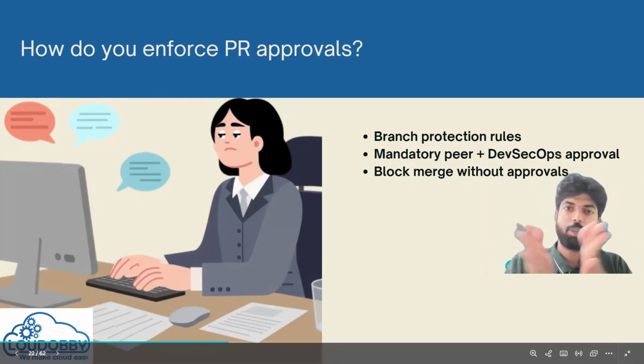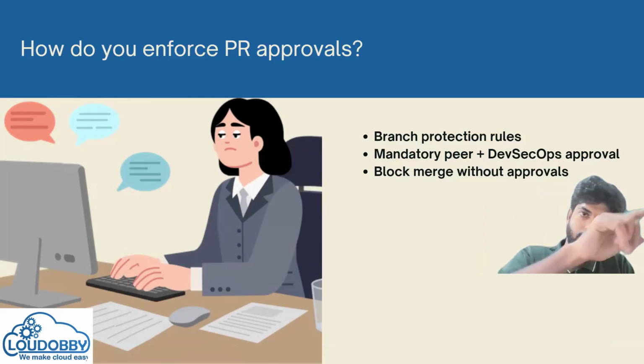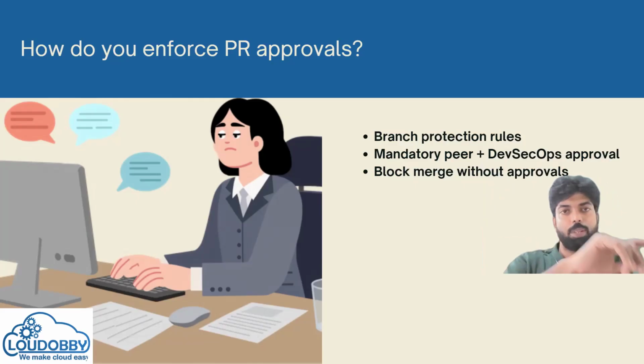Merge means once the PR is approved, the original code and this code will be merged. The original code has version 21, this code has version 22. When you approve and it merges, ArgoCD will point to this file and deploy the new version. If there's a bug in this version that was not tested properly in SIT, that is a problem, so before approval you check whether it has been deployed in the lower environments, Dev and SIT, and whether the testing team has tested it with no bugs found. Once you approve, the merge goes through automatically. That is where block merge without approvals applies.